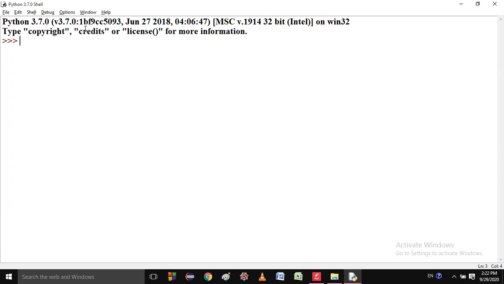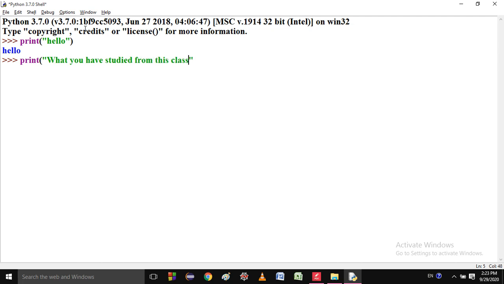This is interactive mode. If I write print hello and press enter, you get the output, what you have studied from this class.